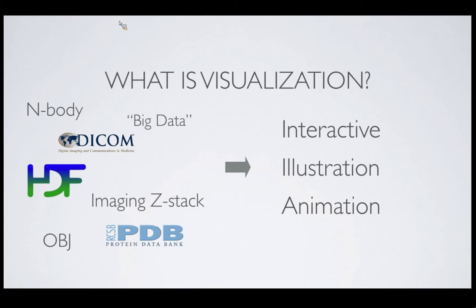But I do want to add as one final data type that we work with, just simply ideas. So we don't always need to have data that's in the form of something, you know, in a file or something like that. If you simply have an idea of a mechanism that might be at work that hasn't yet been measured, and you need something to illustrate that, or maybe an animation that shows that, that's something else that we can do.